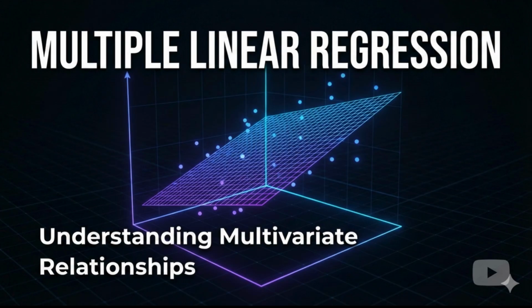First, multiple linear regression is really the only practical way to analyze complex, real-world problems because it lets you control for multiple factors at the same time. Second, the interpretation of every single MLR coefficient lives and dies by one phrase, holding other variables constant. That is how you find those unique, actionable insights. And third, you have to assess your model responsibly. Use adjusted R-squared to fight complexity and RMSE to understand your prediction accuracy in real-world units.